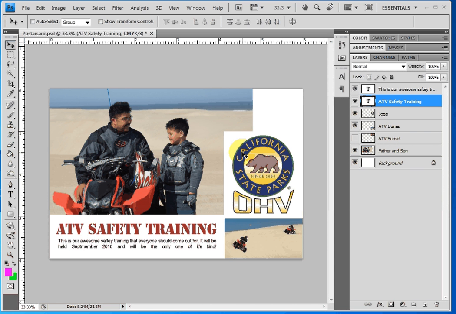So if I wanted the picture of the Father and the Son to come above and go over the logo in this example, all I would do is click and drag and move the Father and Son up. So let's do that. Let's click on the main image here. You actually don't want to click on the Father and Son. There will be some other squares sometimes